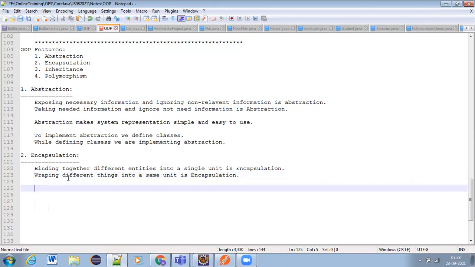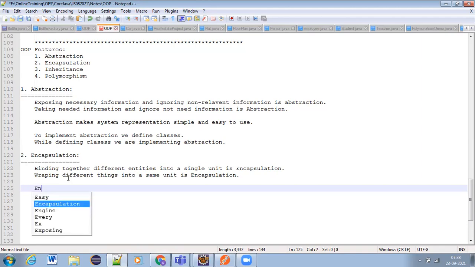And with encapsulation, putting together different types of things into a single cover or single package is called encapsulation. And what is the purpose of encapsulation, or what is the advantage that we get with encapsulation?